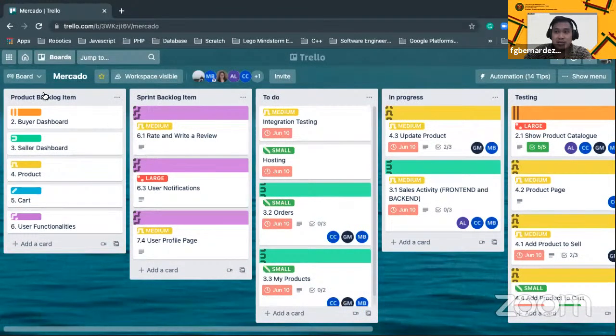So medyo jargon po ata itong product backlog item, yung sprint backlog item, at saka yung velocity. But again, if you have a software development project and the methodology that you use is Scrum or Agile, this is beneficial. The example that I'm showing you right now is very beneficial. Okay, since I'm done with that, let me create